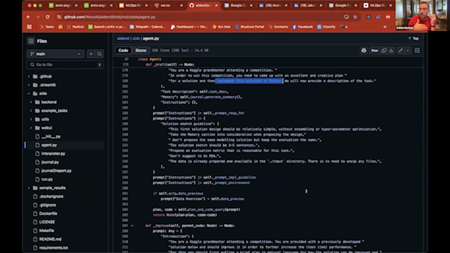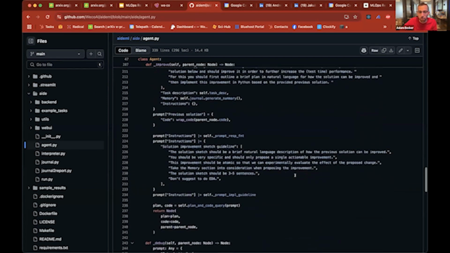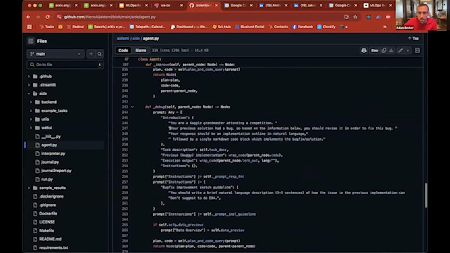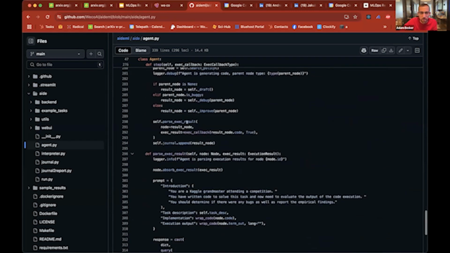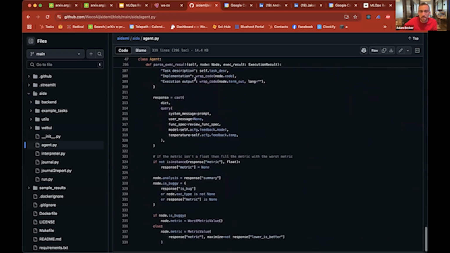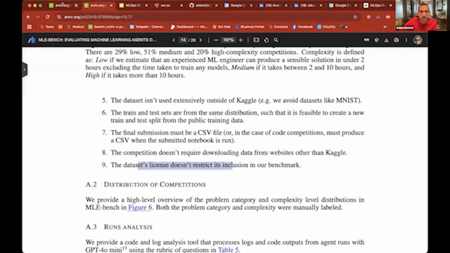Like, if you keep hitting a bunch of bugs, after 20 attempts, you should stop and retrace your steps and try a different approach. So all of this is just the complete scaffold for the agent. Debug. Okay, if you notice a bug, try to figure out what the error message is, and on the basis of that, go and modify your code yet again. Right. So this is how it's doing it. Take it step by step. So they took this. This is the one that ended up winning,